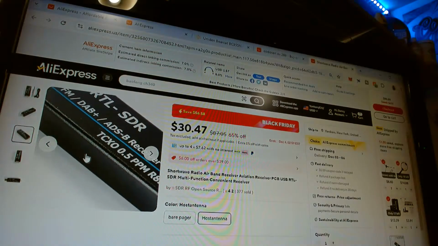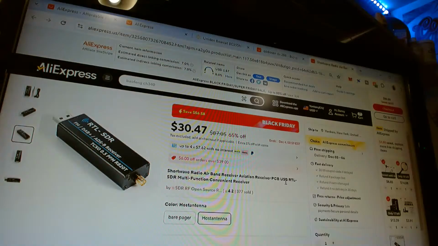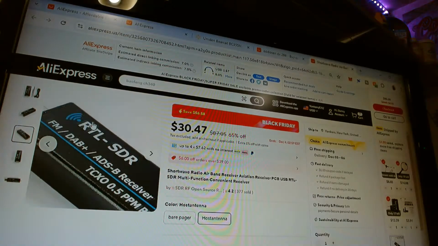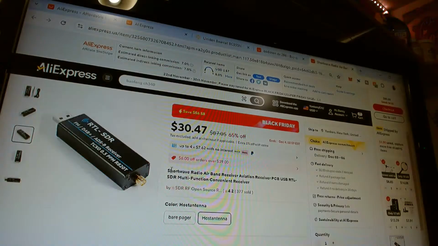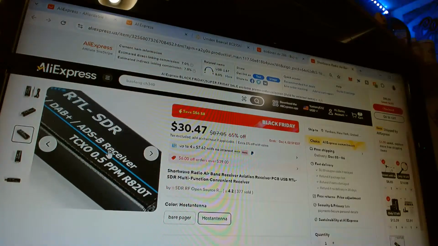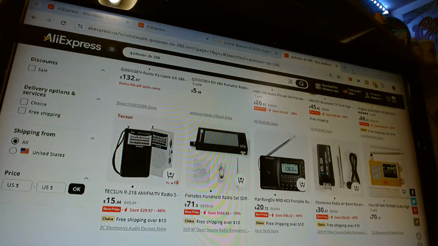This looks like a knockoff, but it'll work. I know people that have these. I've seen them on forums. People have these. They said it works fine. I don't know about the performance, but this one thing I would avoid, because these are the knockoff ones. For that, you want to go to like an Amazon or something.